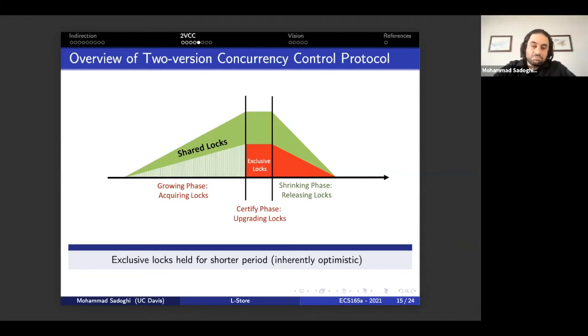So that's sort of the general intuition. And it is optimistic in the sense that it assumes implicitly that if there were any concurrent reads reading the data that I'm eventually going to write, by the time I get to the certification phase, they have already completed. And so on that optimistic ground,